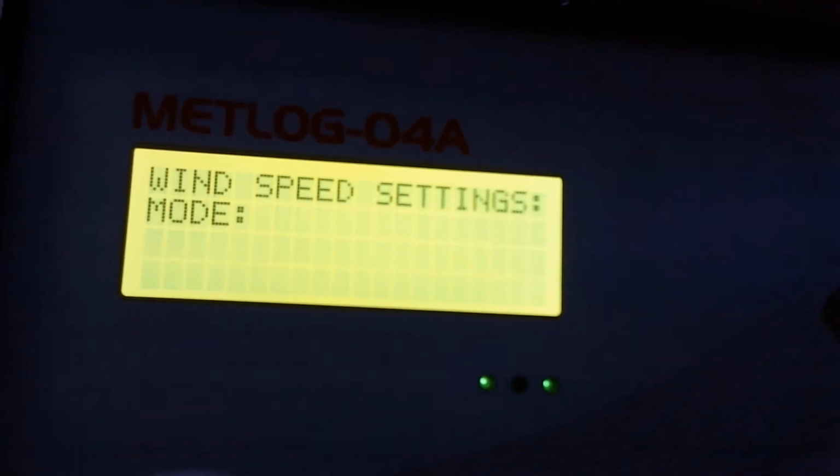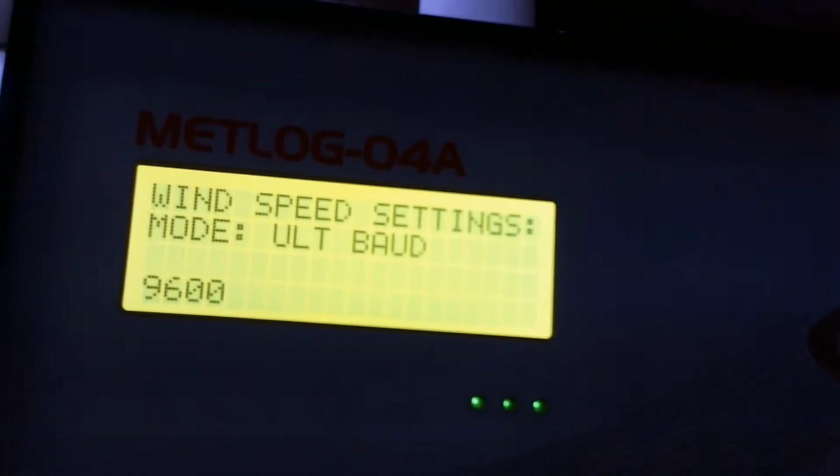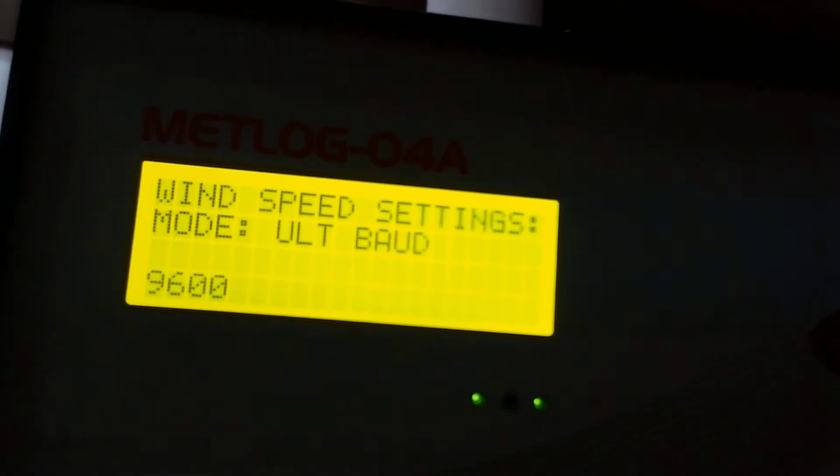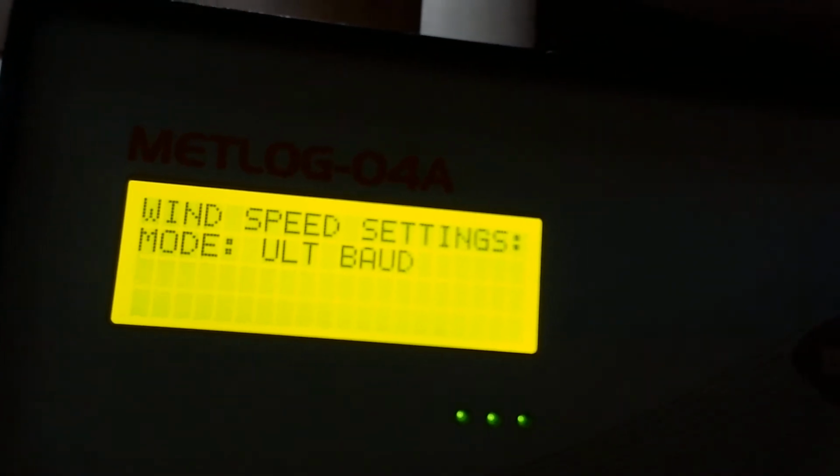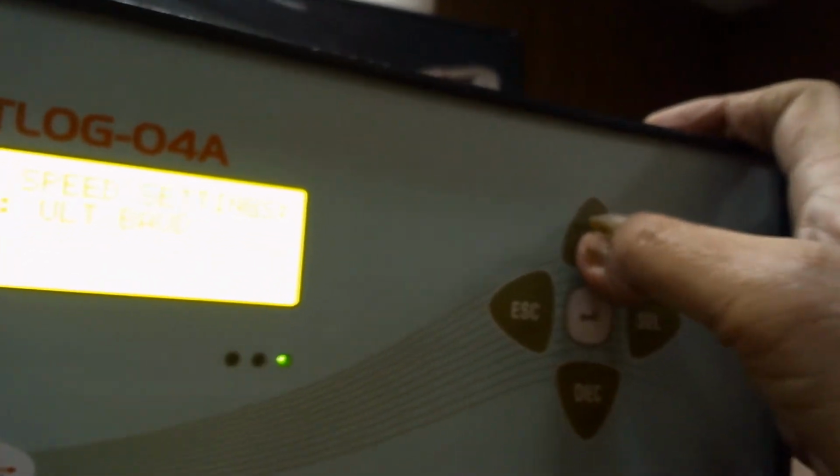So for the ultrasonic wind sensor, our baud rate is 9600. If you want to change it, with the help of this increment button, you can see it getting changed.